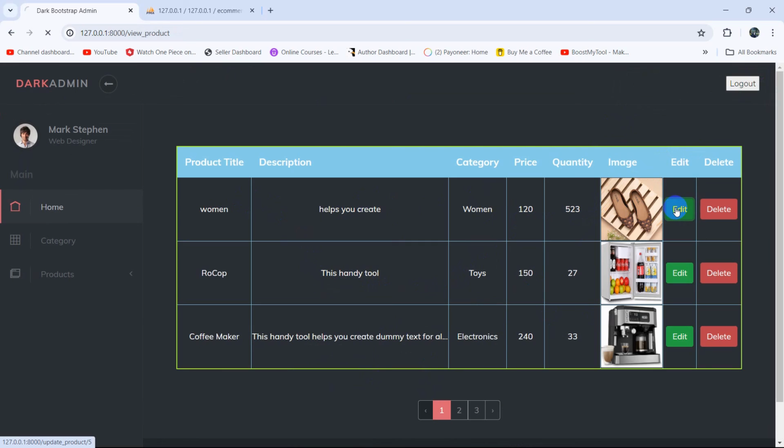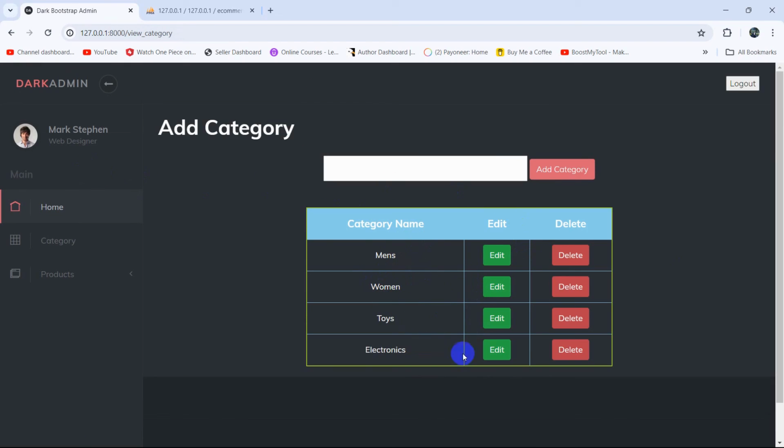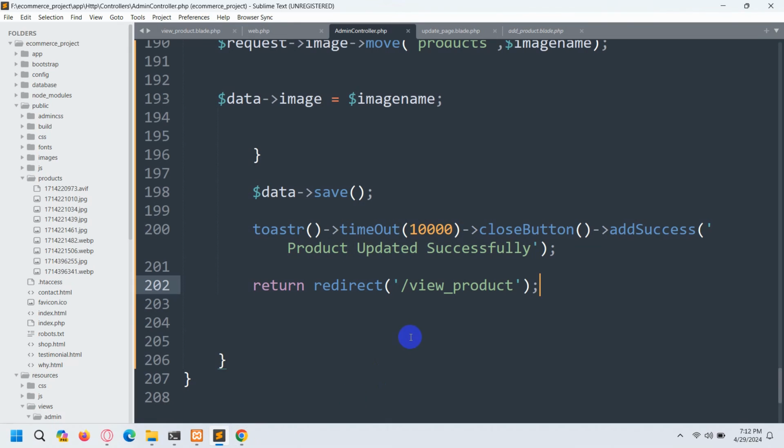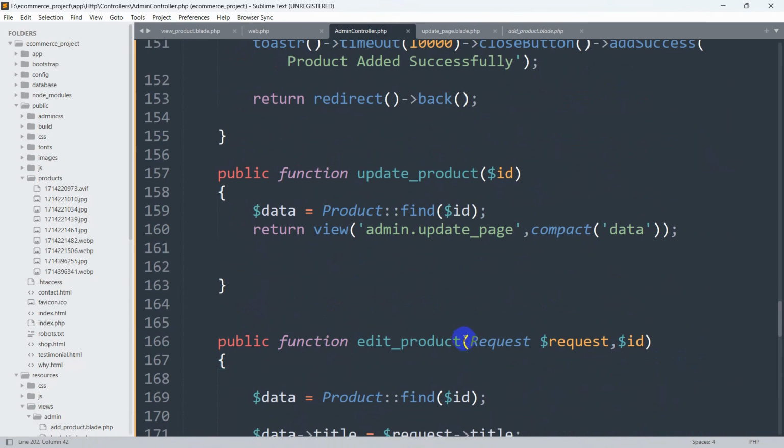So let's do one more thing that we need to change. Here you can see in the category we are seeing only one category option, but we should see other categories as well. Here you can see in the category we have a lot of categories. So for it, what we need to do is really simple. We'll go to our admin controller, and over here at the top you can see update_product function,